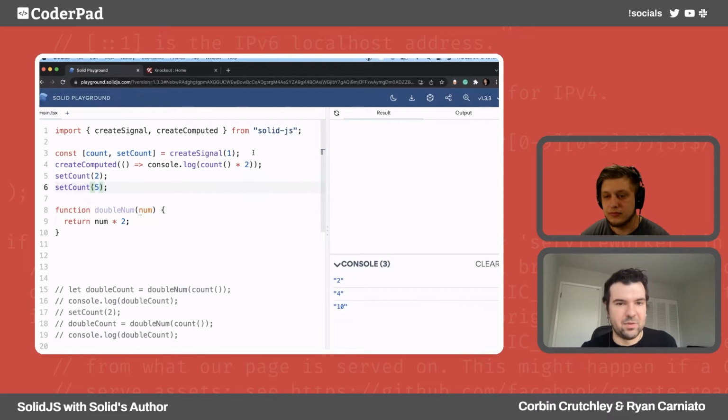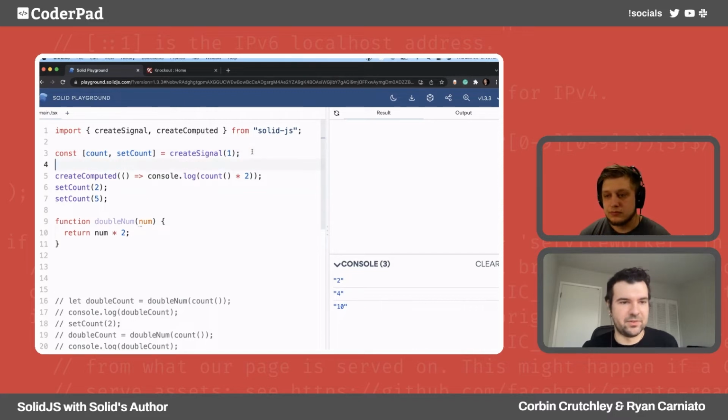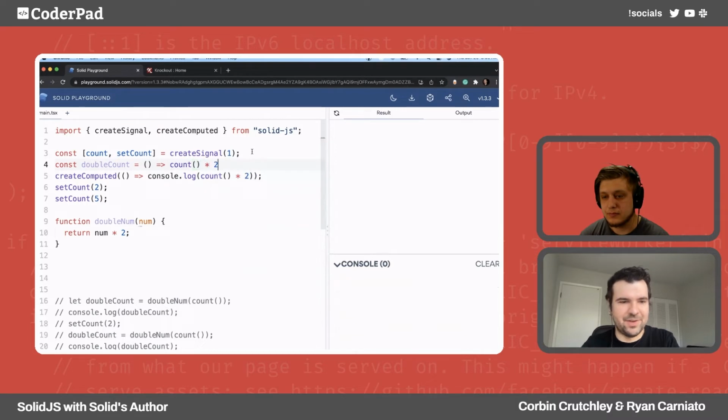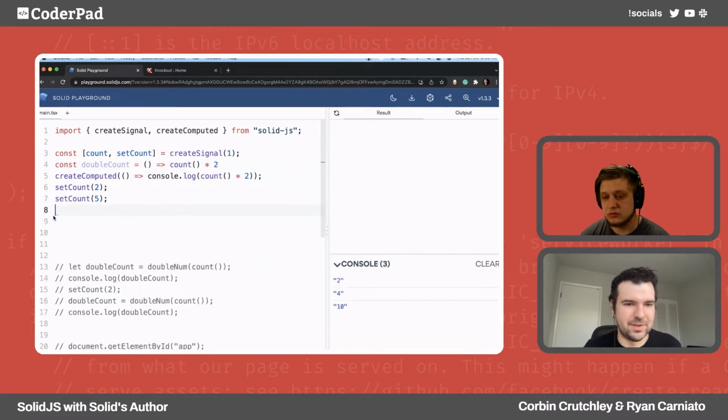Right. And what really attracted me to this was just how composable that was, because if I wanted to, I could be like, oh, let's make a double count. And that double count is also a function like our thing. And it's just count times 2. In fact, this is not that different from this double num that we wrote earlier, except now it's just a function that does this.